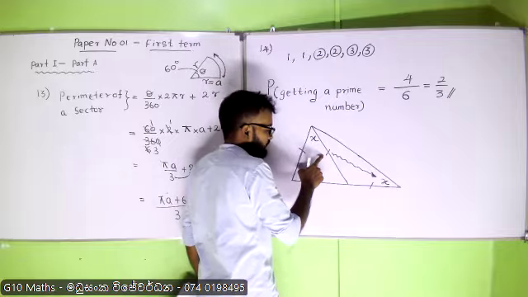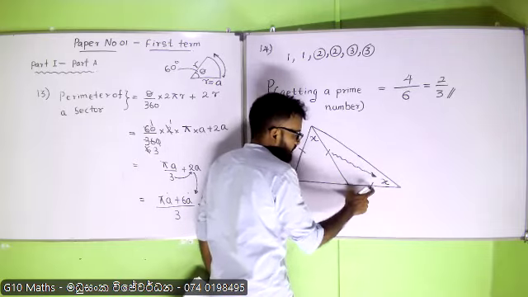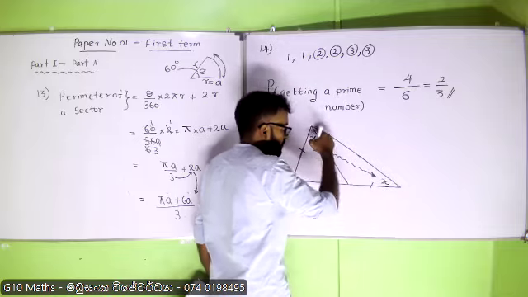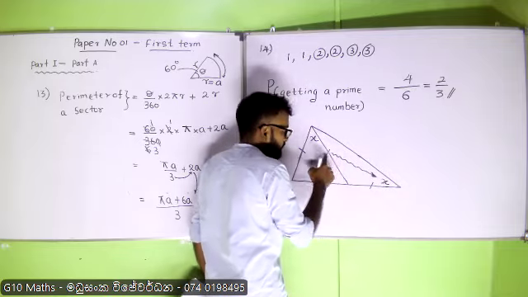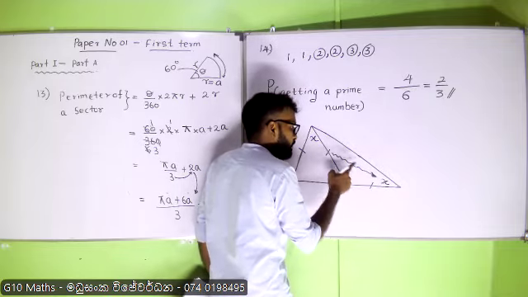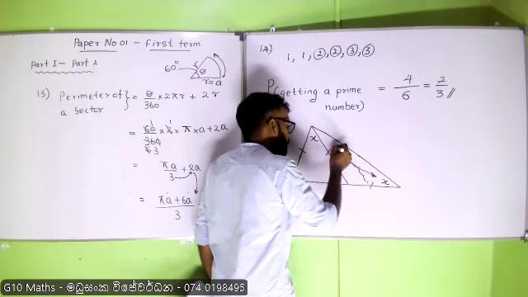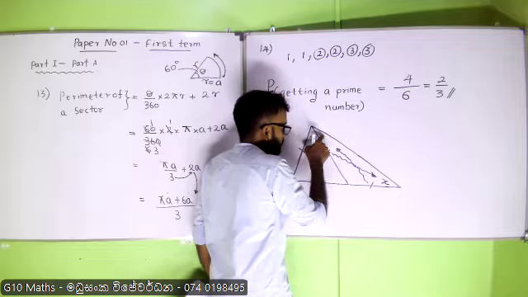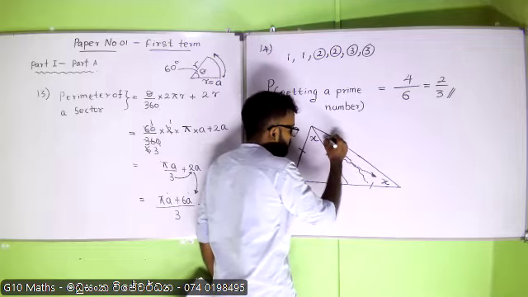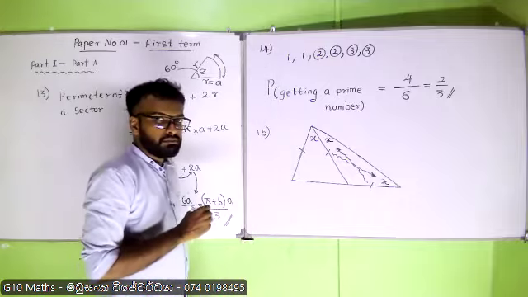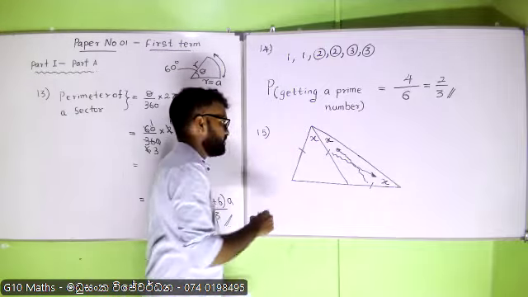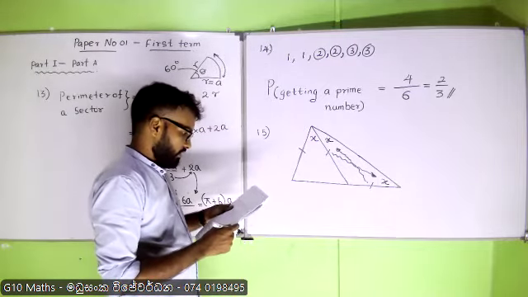When you consider this triangle, these two sides are equal. So by using the same way, the opposite angle for this side is this side. So definitely this should be x. Right? Definitely this should be x. Right? And